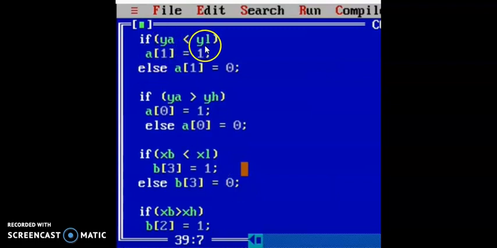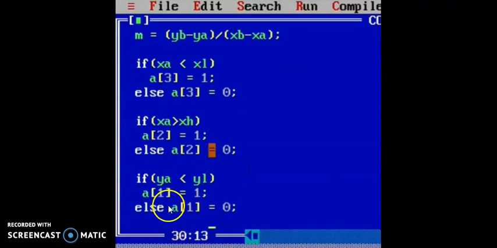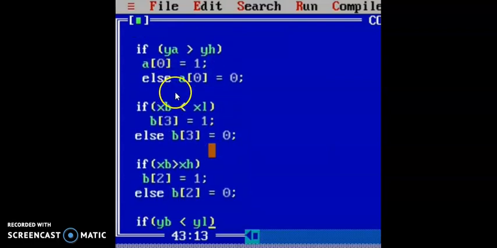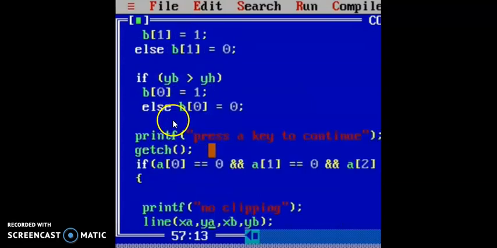These values, yl, yh, xl, xh, are the values which we have already declared in our data section. Then here you can see that we have compared ya with yl, ya with yh, xb and then yb.